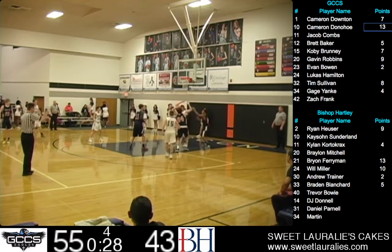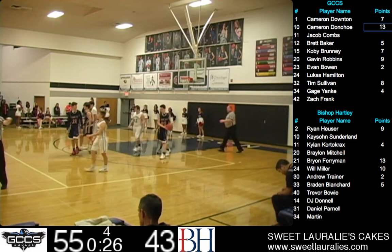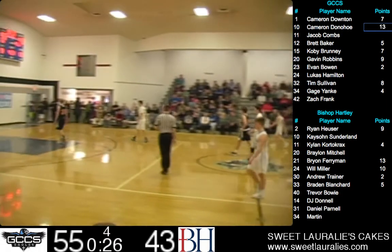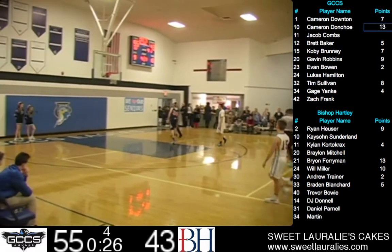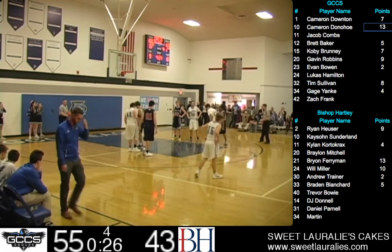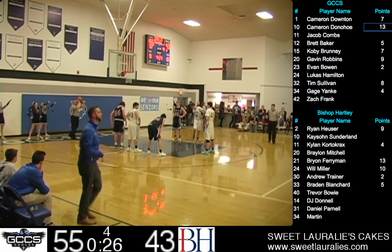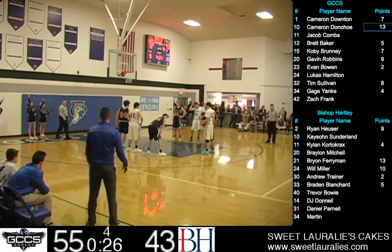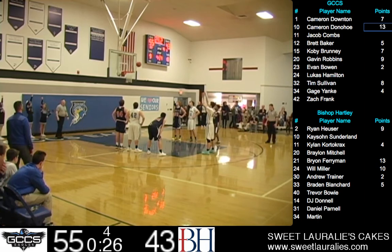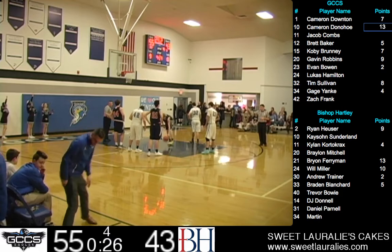Three-point shot, no good. Foul's called on number 24, Miller, his 4th. I'm pretty sure every single guy except for one on the floor for Bishop Hartley now has 4 fouls. It's an unnecessary foul too. I feel like the ball's kind of loose. I didn't really see anything there. Well, he wasn't even in there. I'm pretty sure you shoved someone else in the back behind. I'm not totally sure because I got a giant computer screen in my face, but